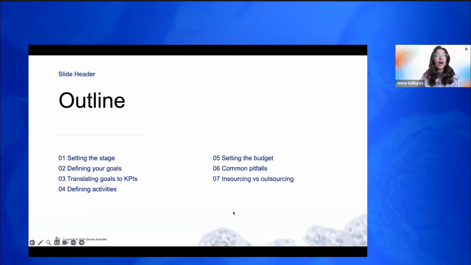So today I'm going to talk through first why, when, and how one should set a marketing budget. I'm going to go a lot into goals and KPIs because at the end of the day, you want to really make sure that your budget is set up to deliver measurable goals. I'll help define what activities help you meet those particular goals and KPIs, and then bring that back to budget, including recommendations for limited budget and ad versus marketing budget.